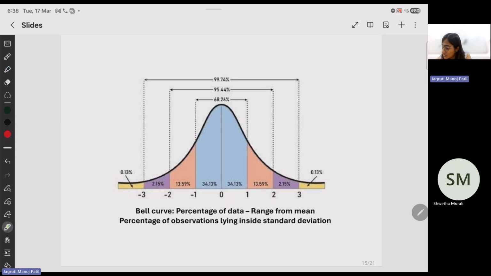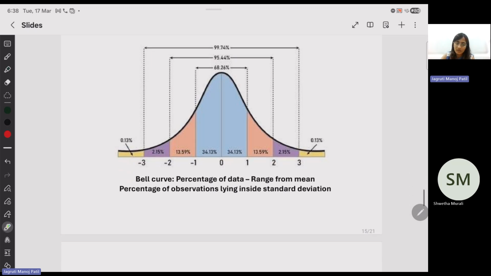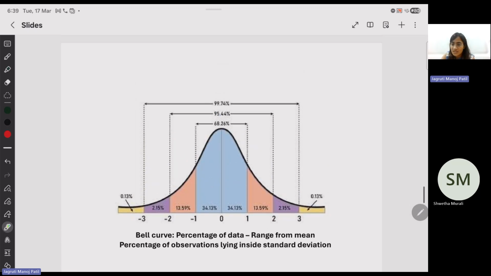Now when you represent this, this is nothing but your percent of data, and this is the range from the mean. From the mean, how much your data can vary is represented in terms of standard deviation. And this is the percent of data which is lying inside the standard deviation. So in this case, it is 68, then it is 95, and so on. So this is the probability of the data that will lie inside it. However, these are the numbers which are like 1 minus of the entire data set that you're looking at. Okay. Any questions till this part?